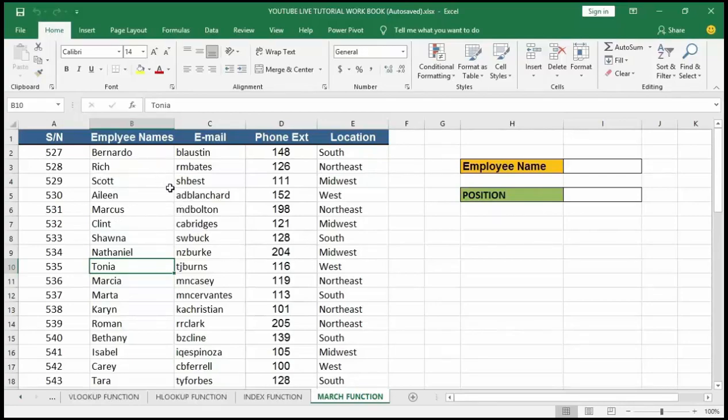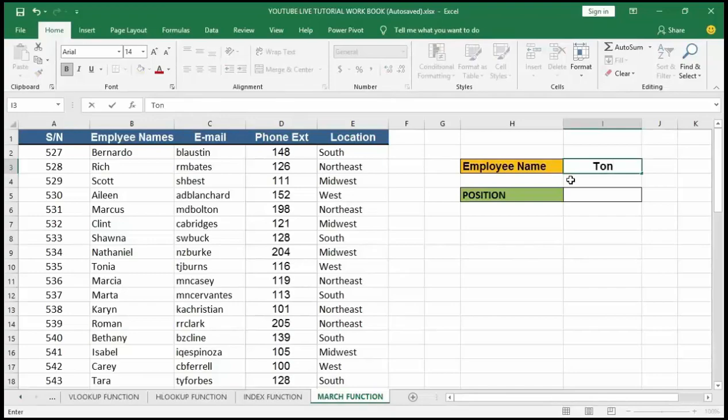The first step is to set up the lookup value here in cell I3. You can see the employee name, and this is cell I3. I want to know the position of this particular employee, Tonia, so I'm going to put in Tonia inside this cell.